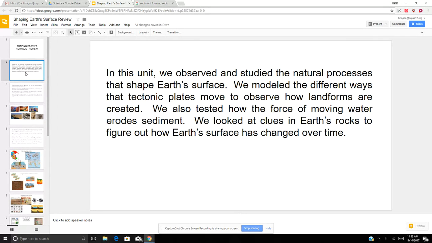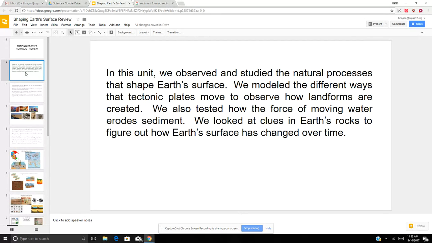We talked about the tectonic plates. So we modeled the different ways the tectonic plates move to observe how the landforms are created. We used paper and we put sand on top, and we moved the paper apart to show divergent plate boundaries. We then pushed the paper together to show convergent plate boundaries and to talk about what landforms and events are